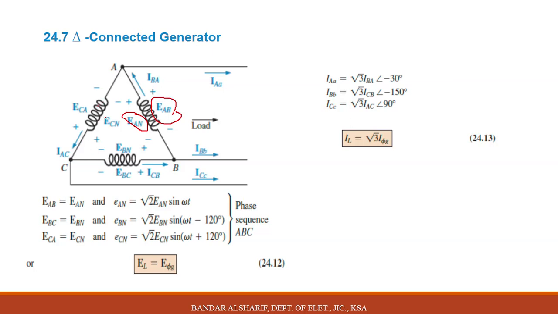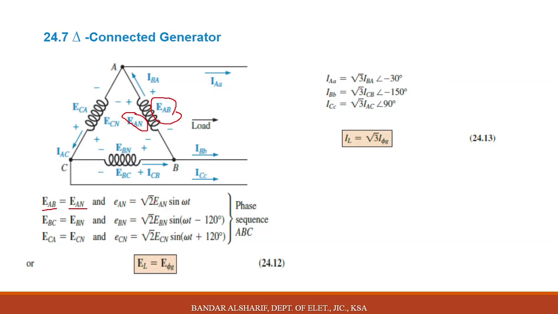Finally, for phase C, ECN for phase voltage and ECA for line voltage. In delta connection, it is the opposite of the Y connection. Here the line voltage equals the phase voltage in magnitude, and the same in angle. And if you need to write the sinusoidal expression, small letter EAN, you will multiply by root 2,